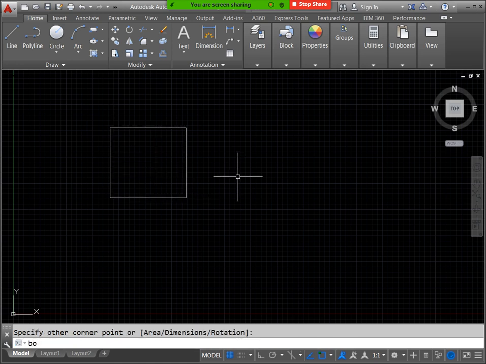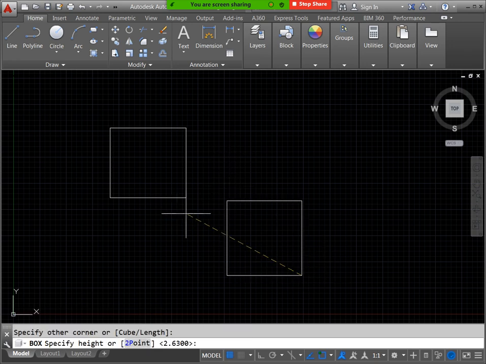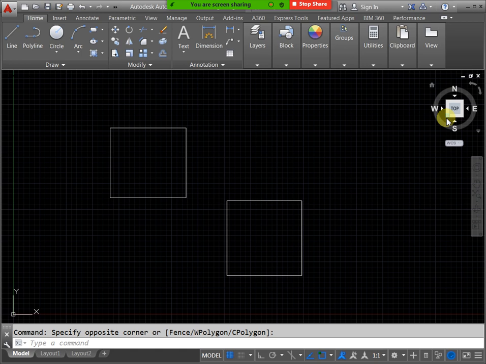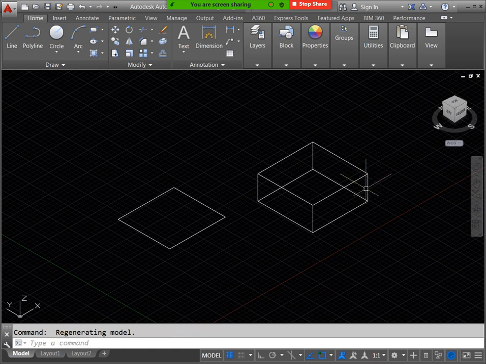Both are the same: here we have a rectangle, here we have a rectangle. Just apply a 3D view, southwest isometric, or click here. See, here we don't have height. Here we have height, meaning thickness of the model. That is the difference.